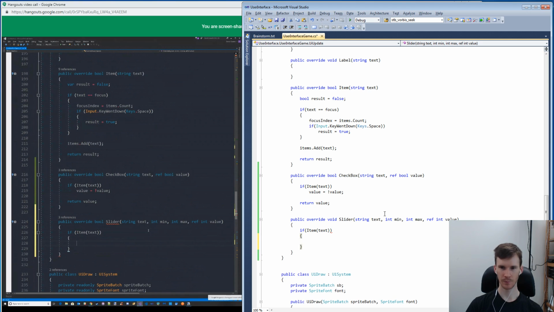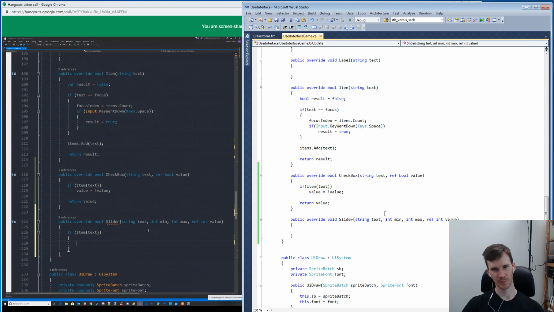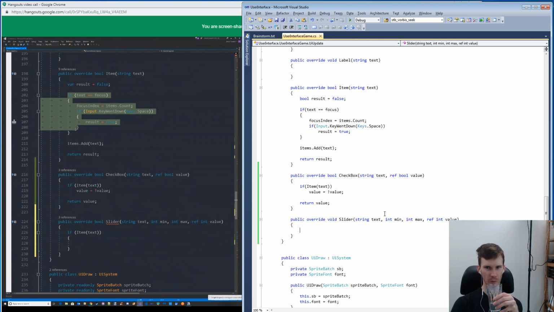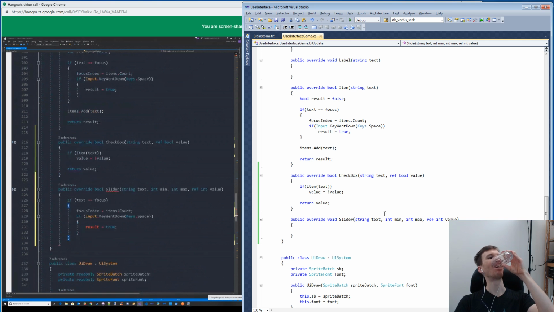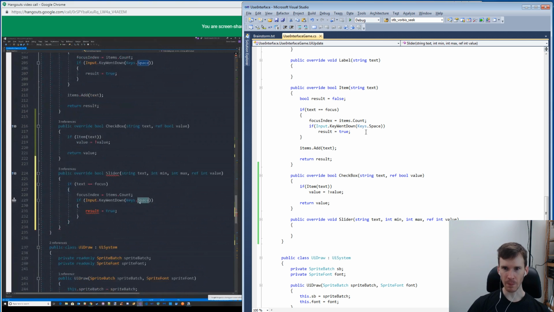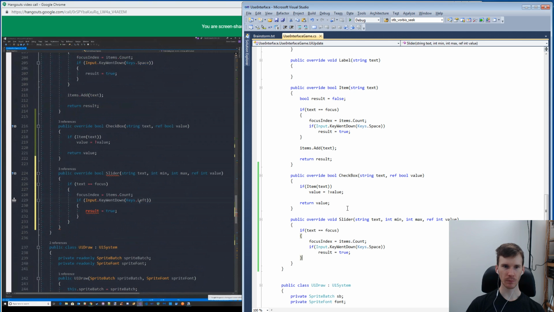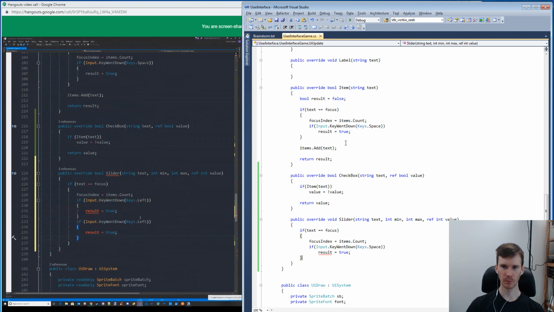Oh wait, hold on a second. Pressing a spacebar in a range slider doesn't really make a lot of sense. So maybe we need to. Right. Sorry. I'm going to just steal the item code so that I can grab this. So I guess what would make sense? Left and right. So if we press the left button,